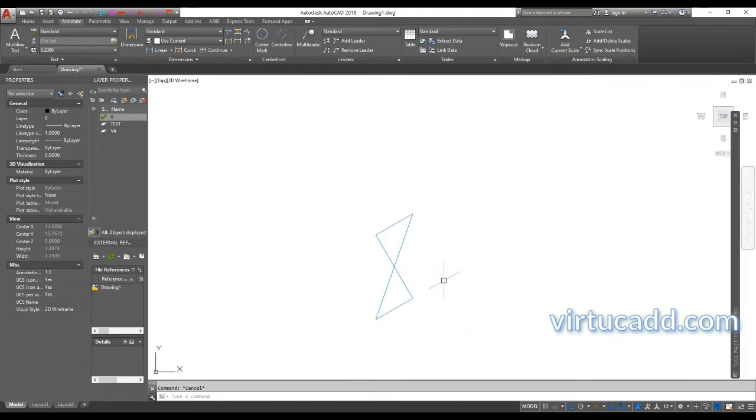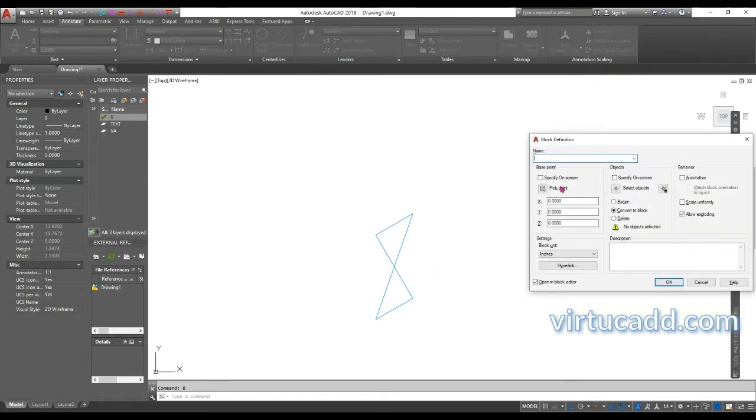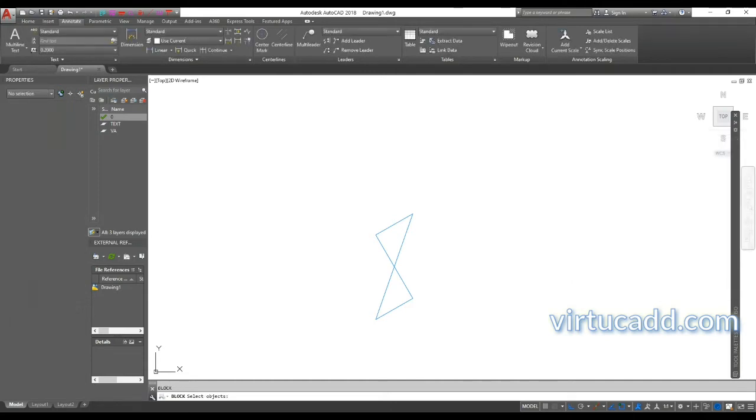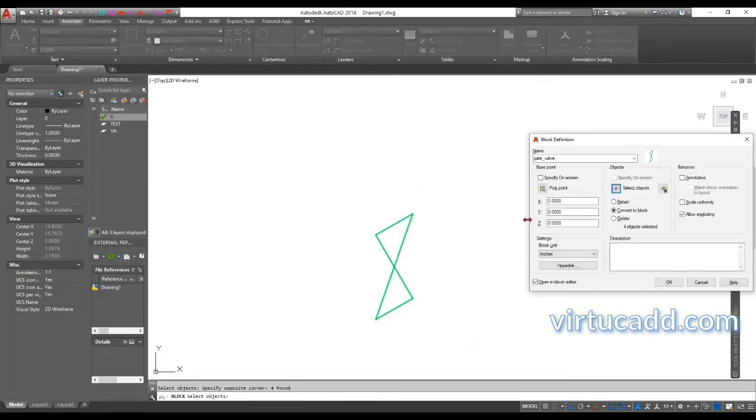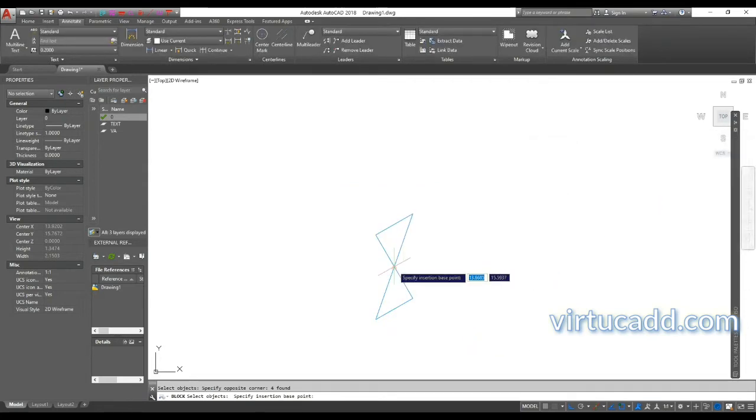Press B, space, and we will name this block as gate valve, and we will select the object, this one, enter, and we will pick the center point or centroid, because it's easy to rotate that whole symbol about that point.